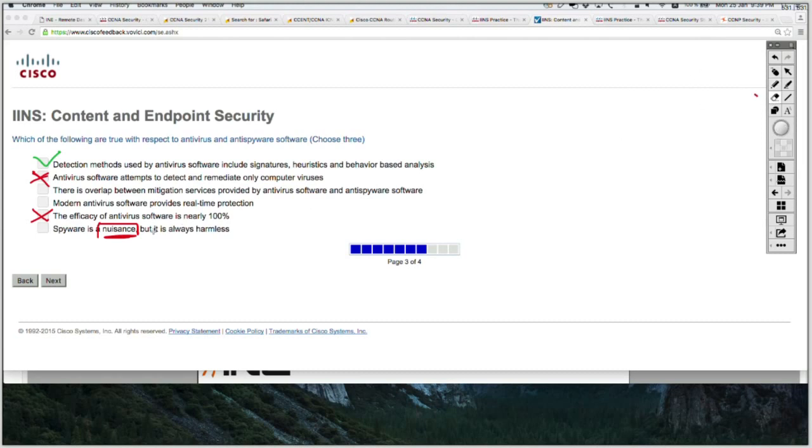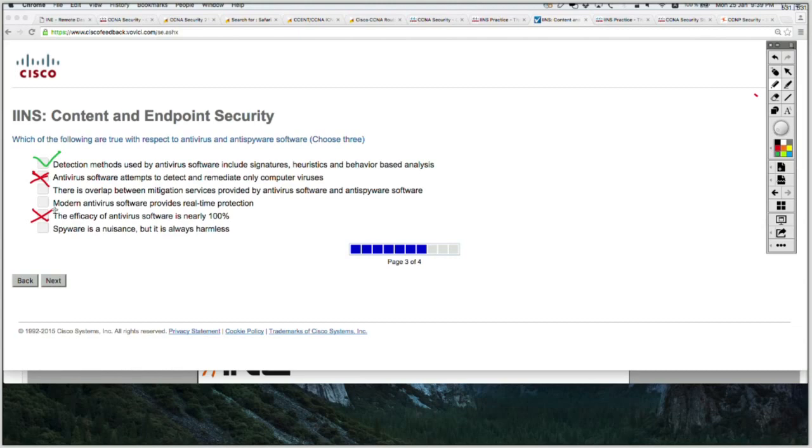So let's look at the other options. I have to pick two more correct answers, not one more. I would state that there is overlap between mitigation services provided by antivirus and anti-spyware. Not really.